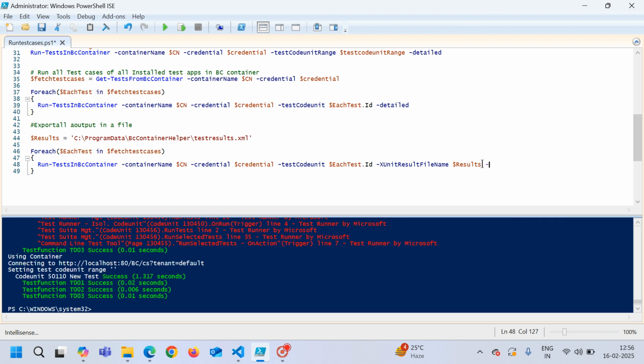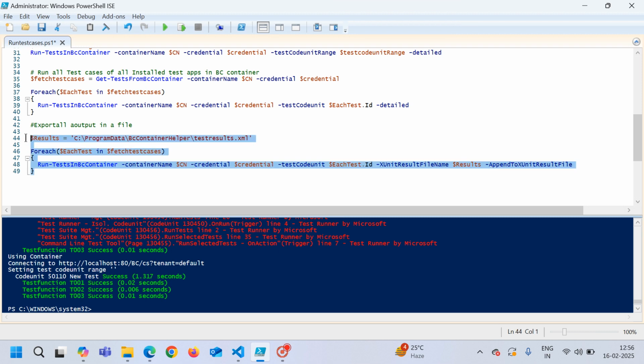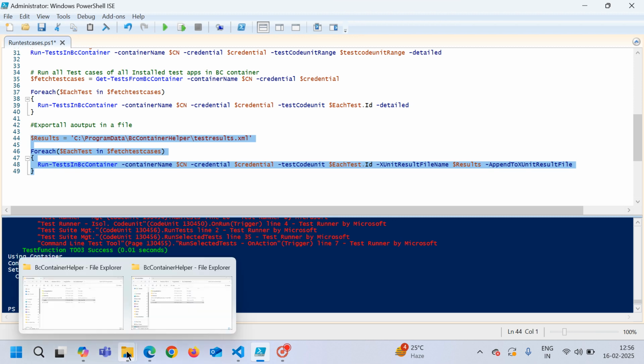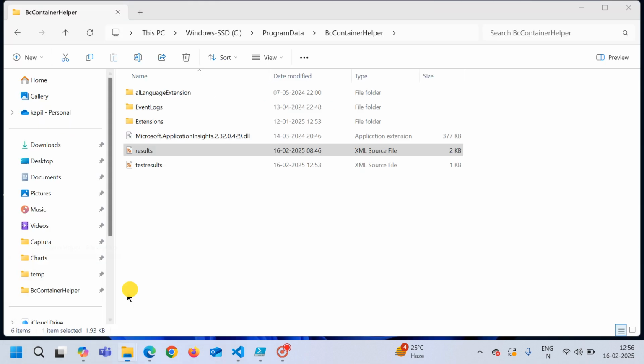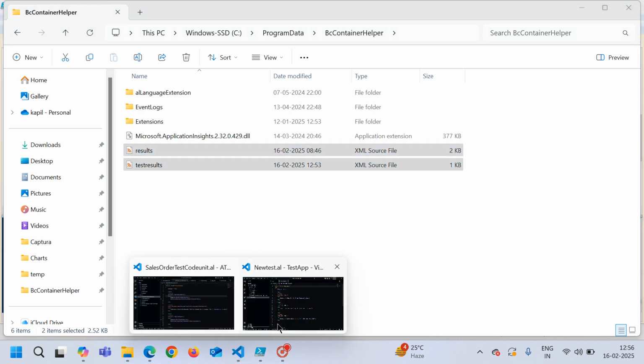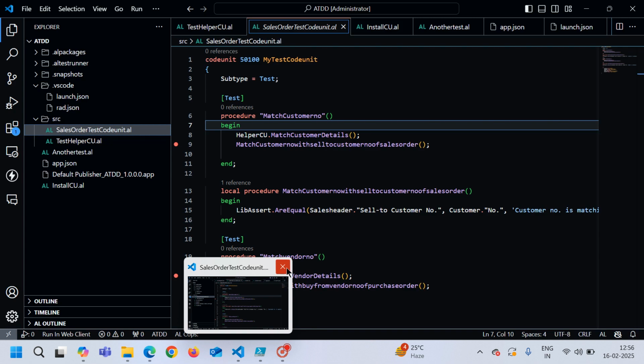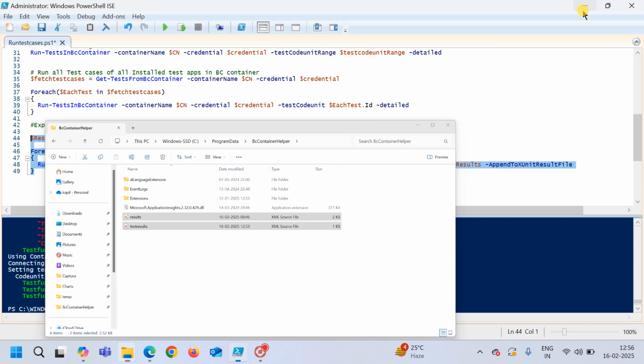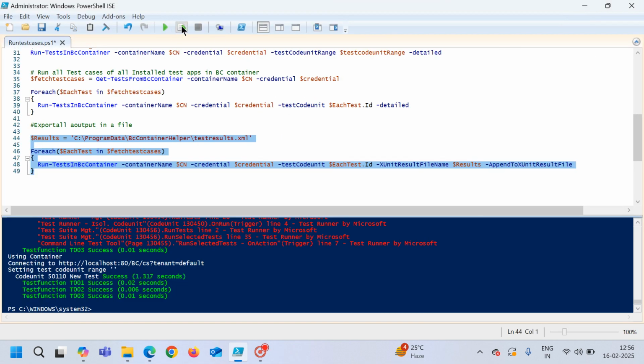Okay, but in this case, let me write down append to X. X means XML. So now if I run this, let me delete all this. First of all, I'll need to close them, and if I run this now,